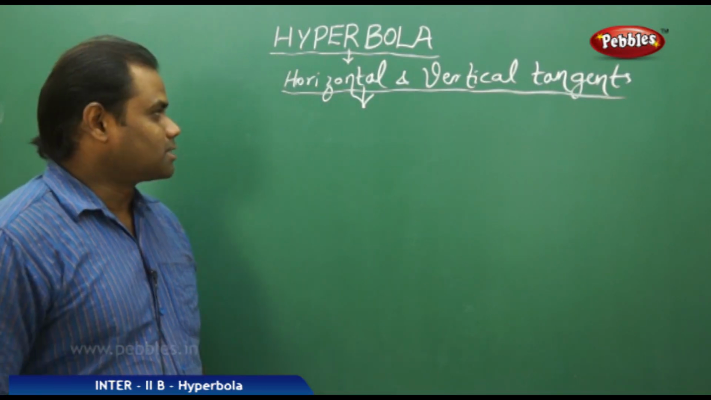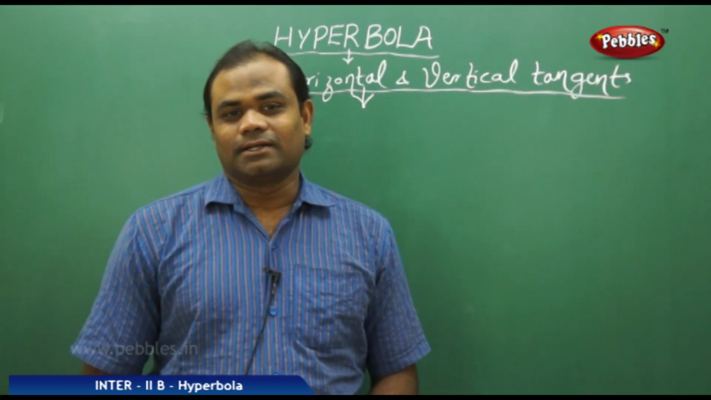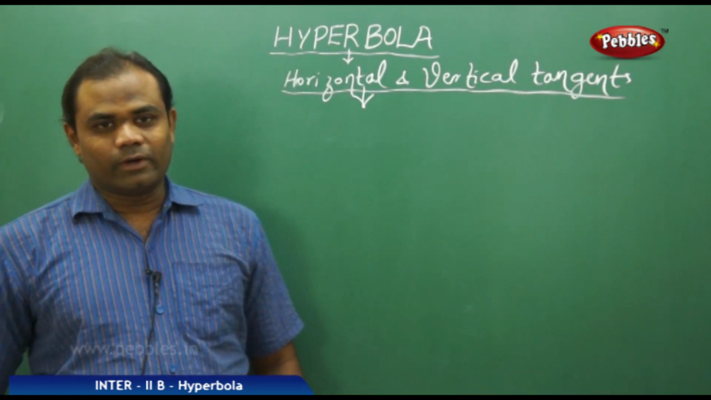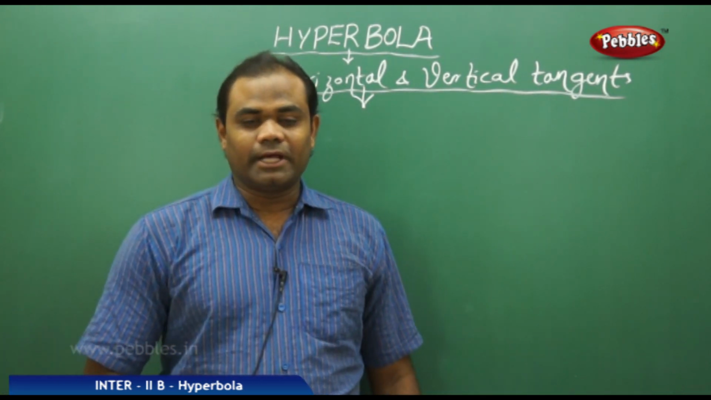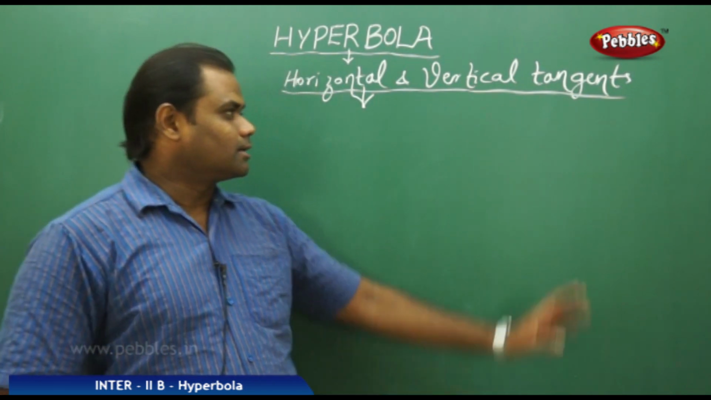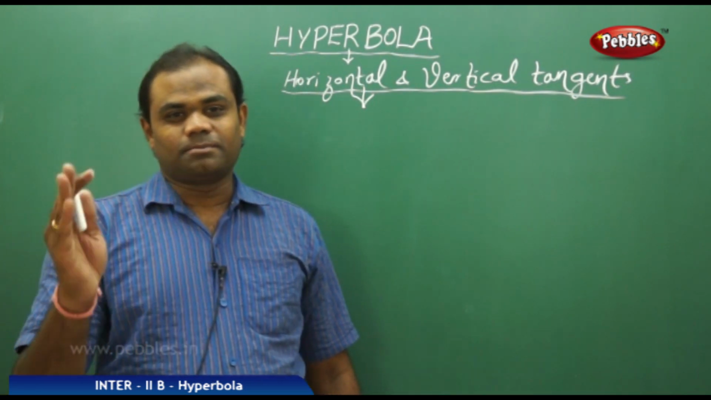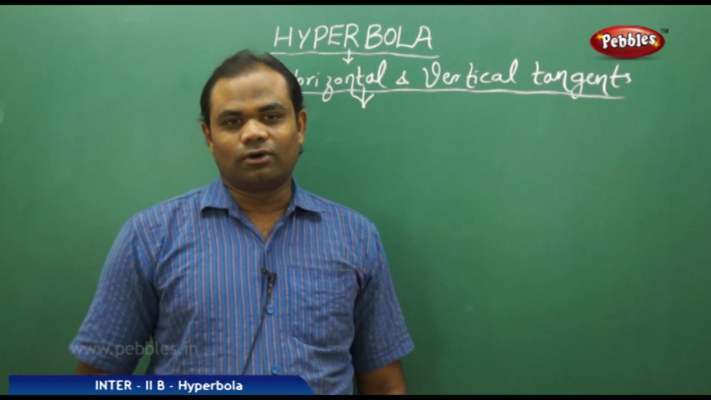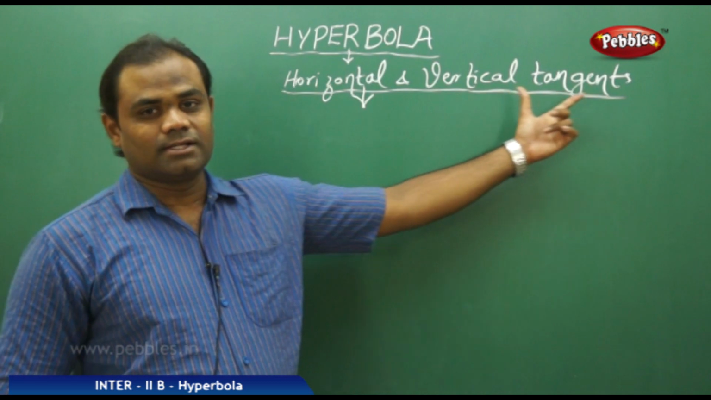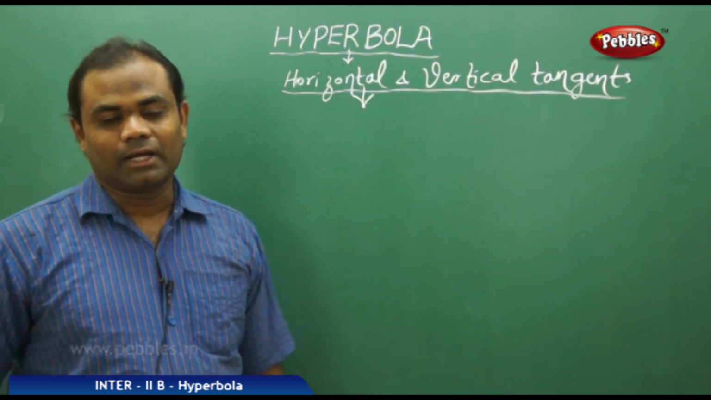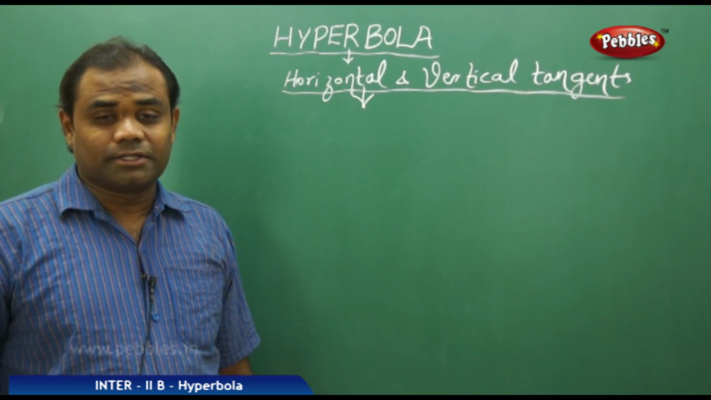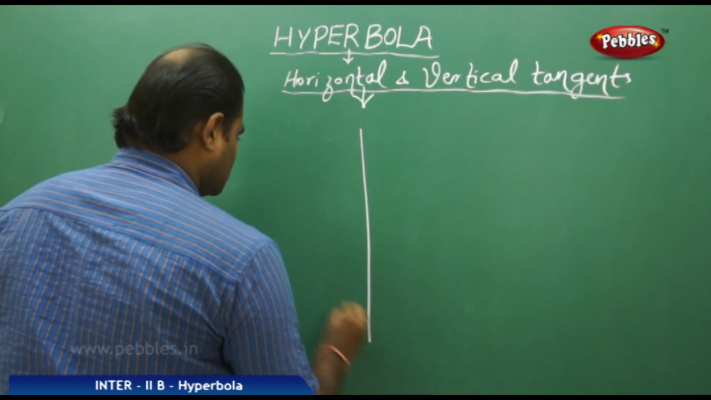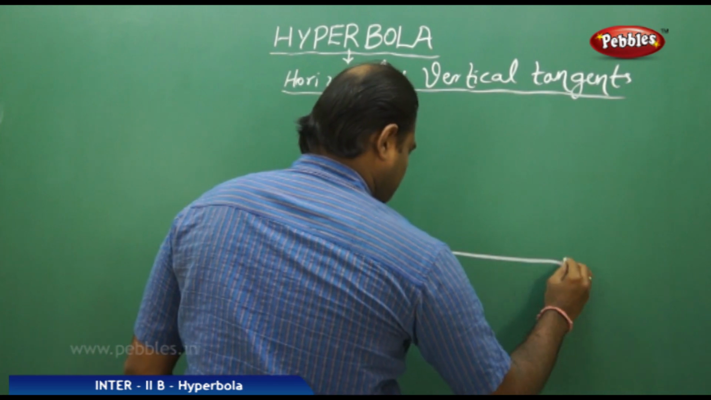Now this session is about horizontal and vertical tangents. We have the special cases where one is a horizontal tangent, a tangent parallel to the x-axis, and a vertical tangent, a tangent which is parallel to the y-axis. So let's see how many horizontal and vertical tangents exist for the hyperbola. Say for example, I have the standard equation of hyperbola